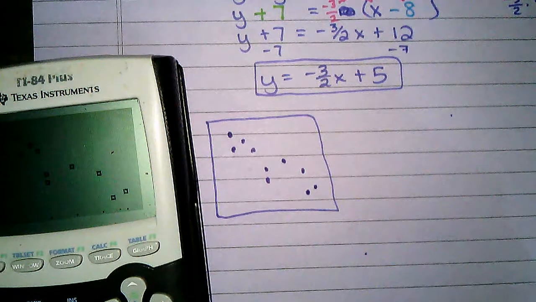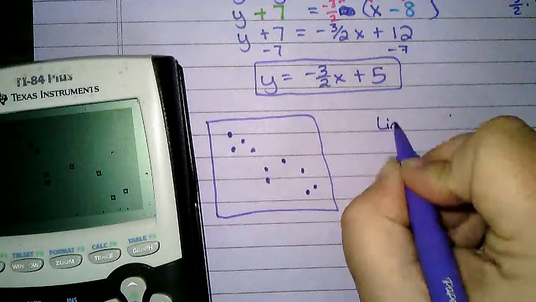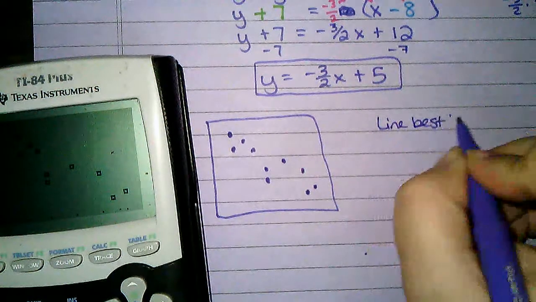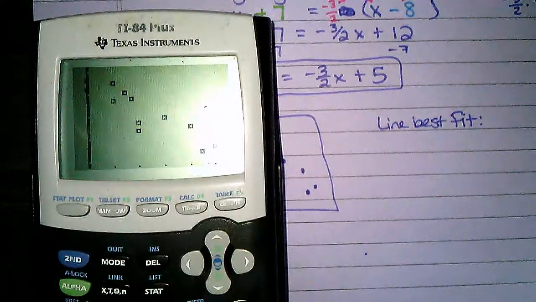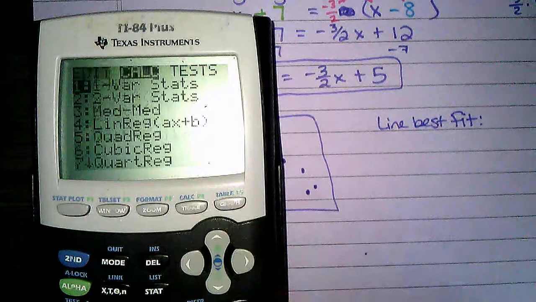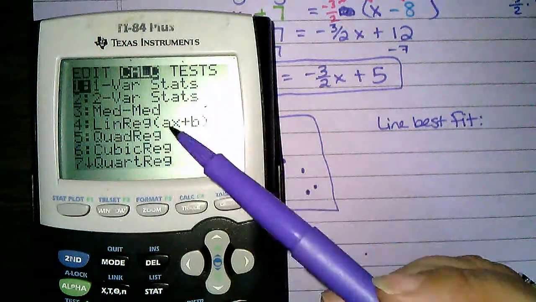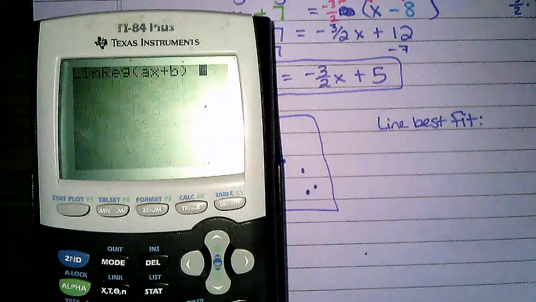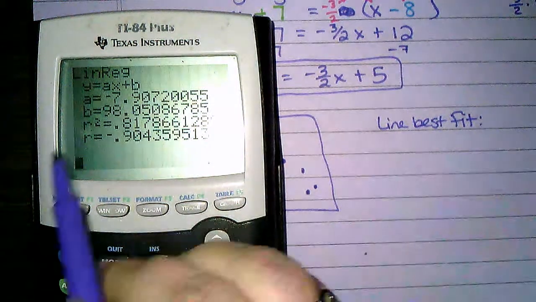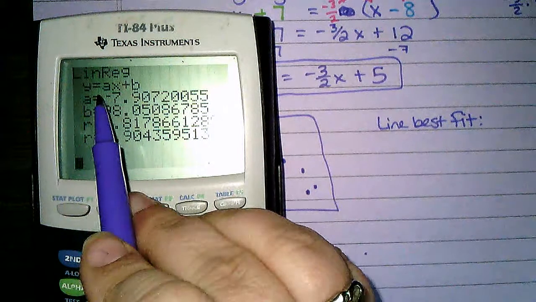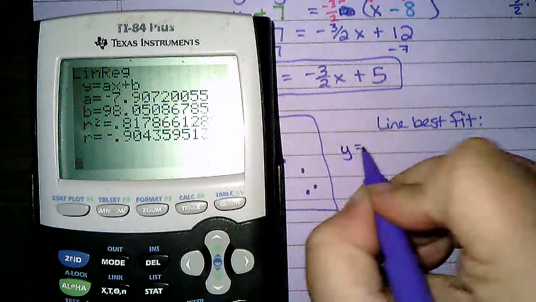Okay, so then it says, make a scatter plot and find the line of best fit. Okay, so the line of best fit we find by going back into stat, and we go over to calc, and then it said line. So which one of those do you think we're going to use for a line? Hopefully you know it's 4. And then we're going to hit enter. So it always starts with y equals, and then instead of putting a, you're going to put this whole big number. So y equals